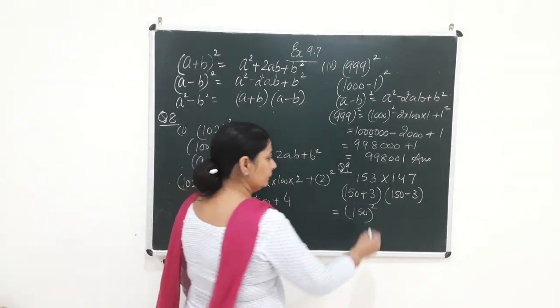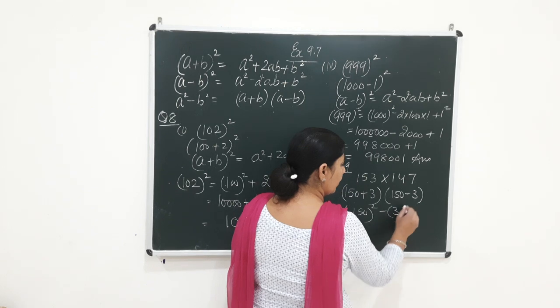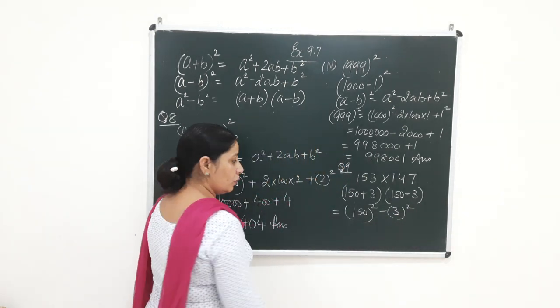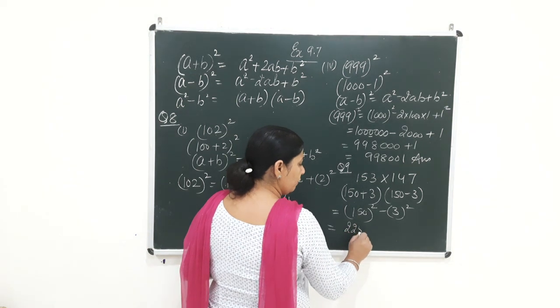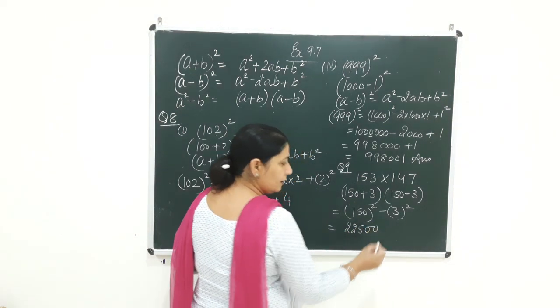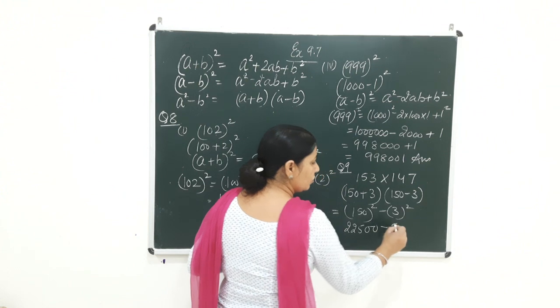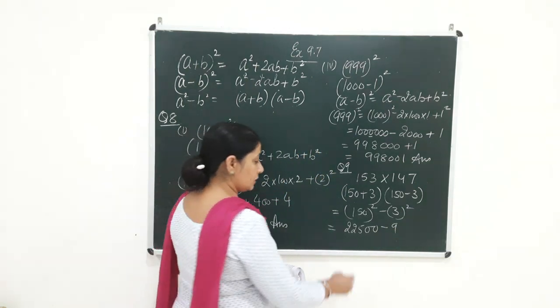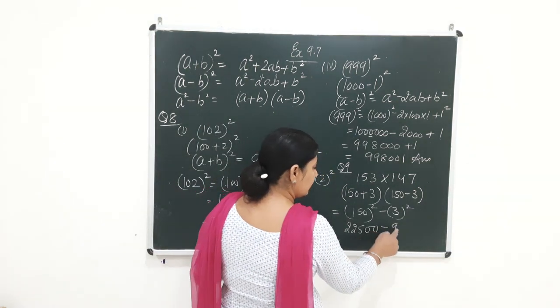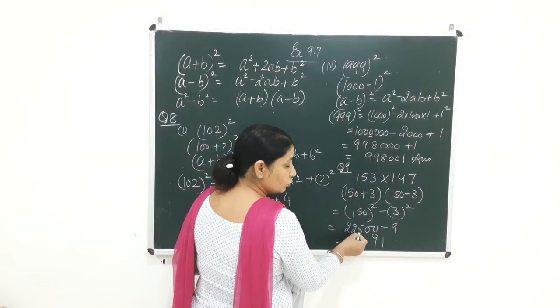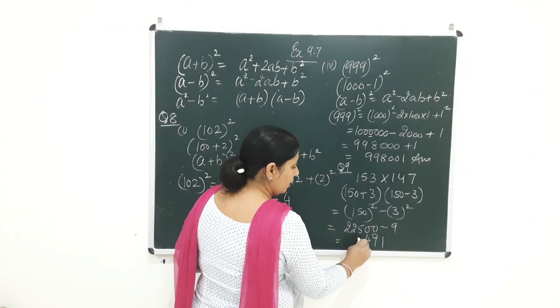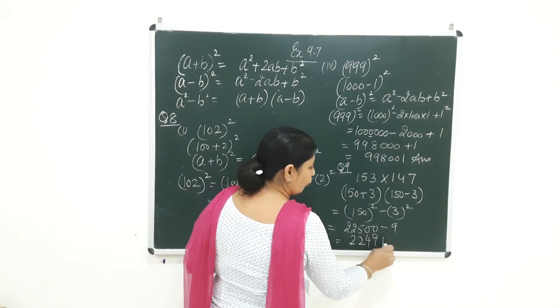So using the identity, how much can you make it? 150, which is a square minus b the square. And if you square 15 the square, beta, it is 225, and 2 zeros will come with it, minus from this you have to do 3 the square, which is 9. Now subtract: units place 10 minus 9 is equal to 1. So you are left with 9 here. From here you borrowed, so you get 4 here, 2 2, so 22491.